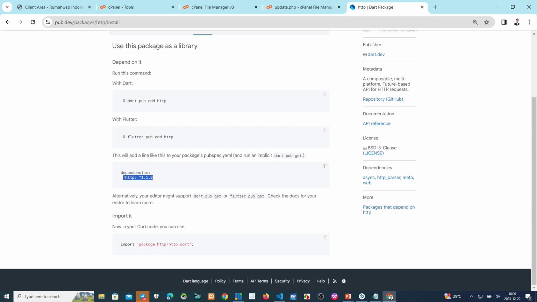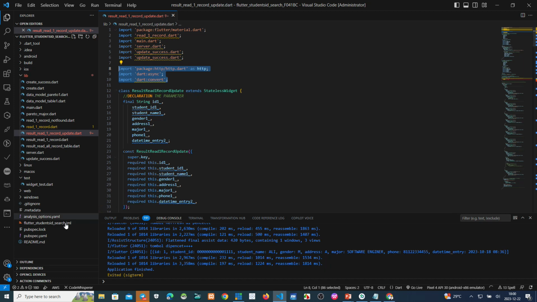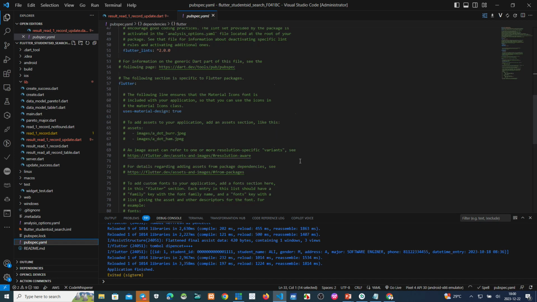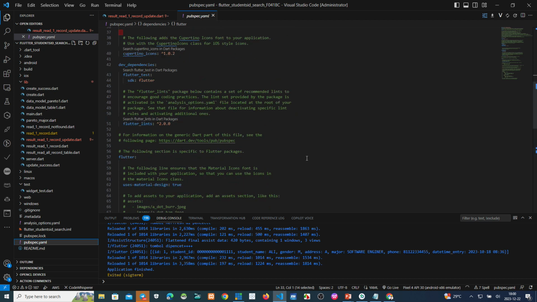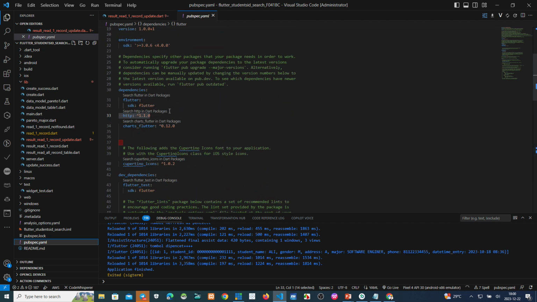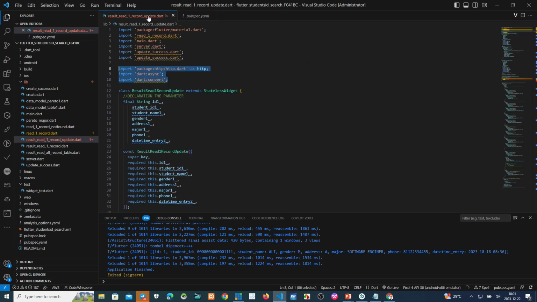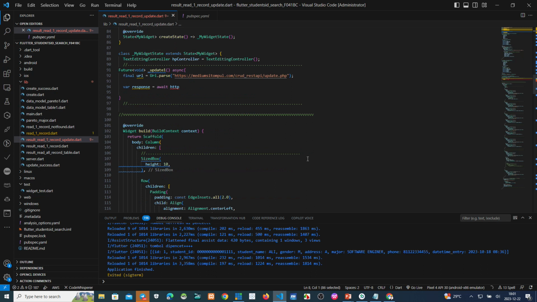Copy this HTTP to your dependencies, this one, pubspec YAML. Copy to this one. I have copied it before. Okay, now we continue the script.